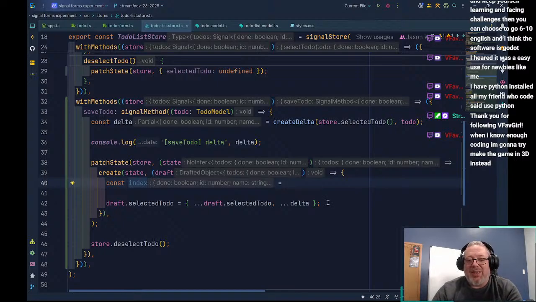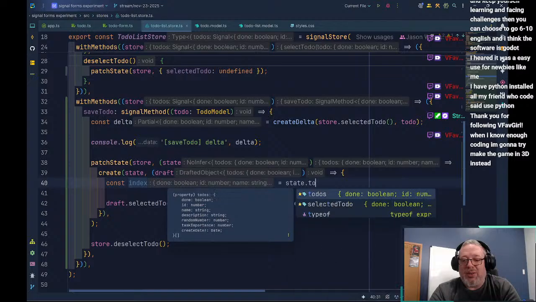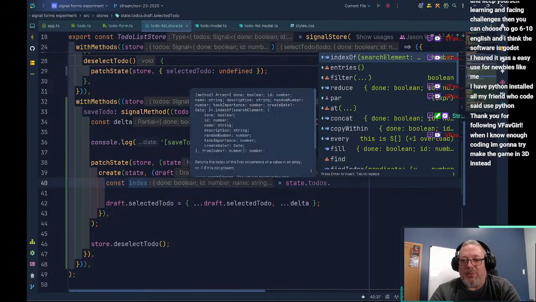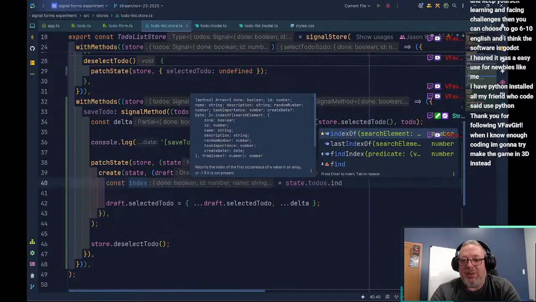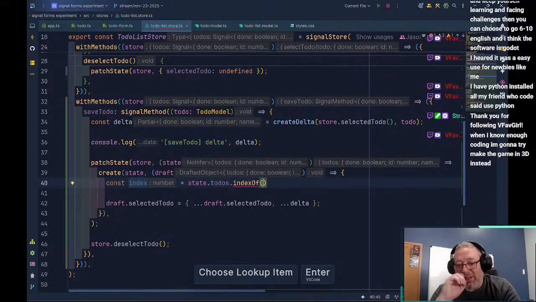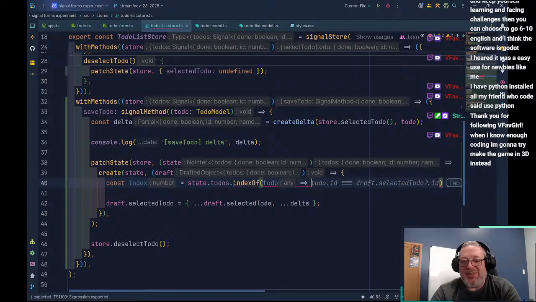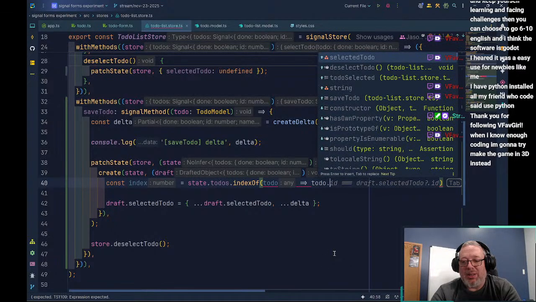I guess it's because it's putting this into that. But our index is going to be state.todos.indexOf, and we want to find todo, and we want to say todo.id. Boom.